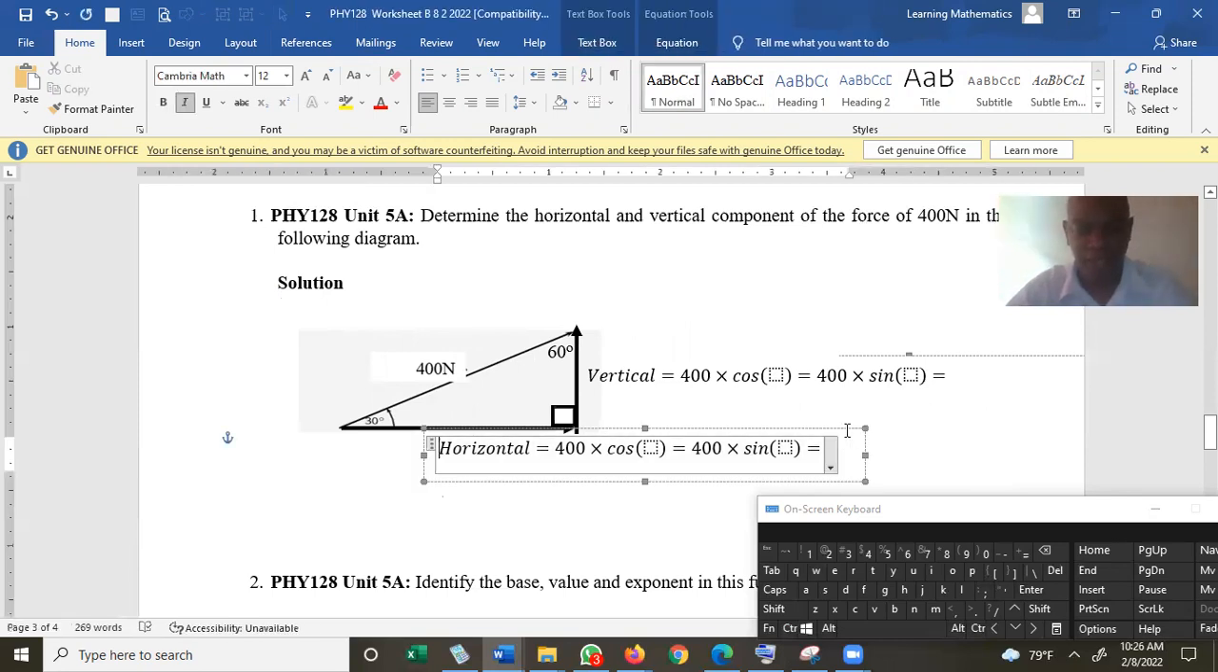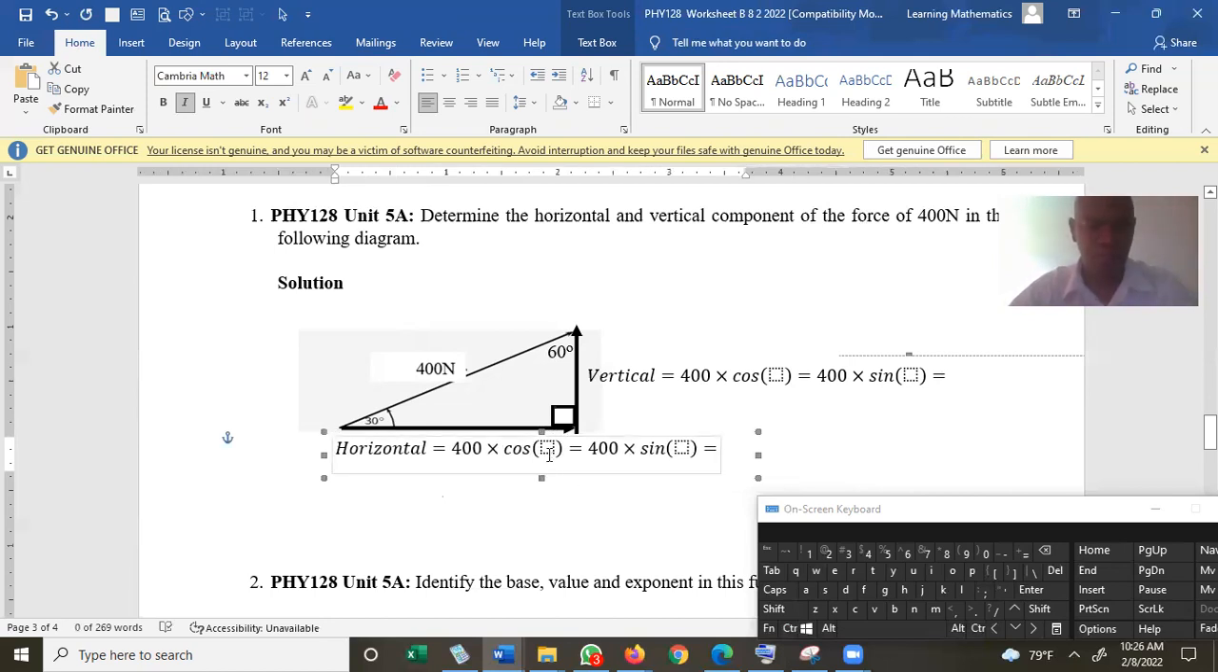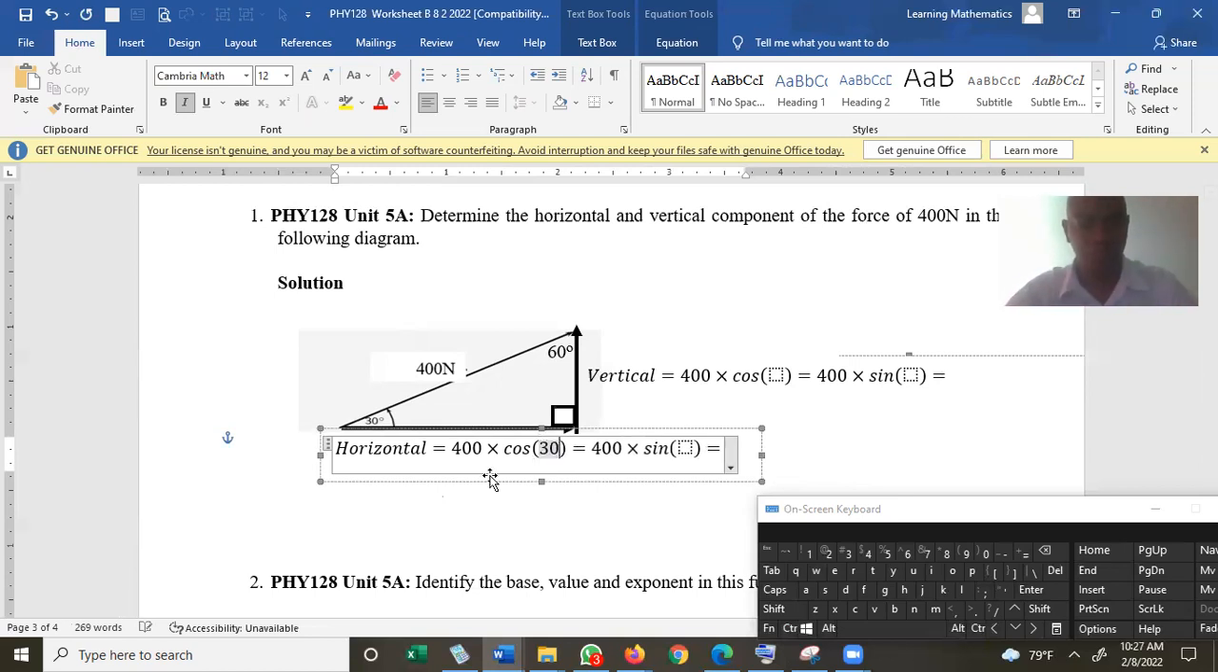Remember, cosine deals with the angle adjacent, the side adjacent to the angle. 400 is already the hypotenuse, because the 90 degrees always points to the hypotenuse. So the 400 is the hypotenuse. So what we're missing is the side adjacent to 30 degrees, which is the horizontal here. So which angle must come here? 30 degrees. So to get this horizontal component, it is the hypotenuse times the side adjacent to the 30 degrees,